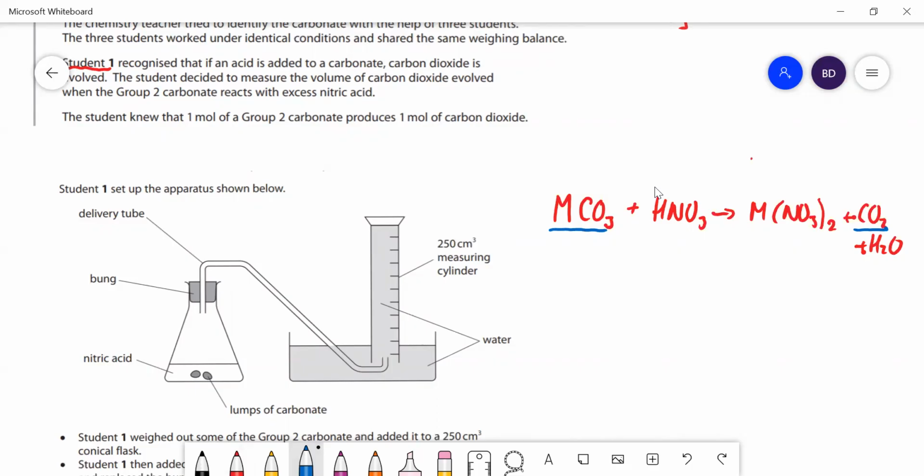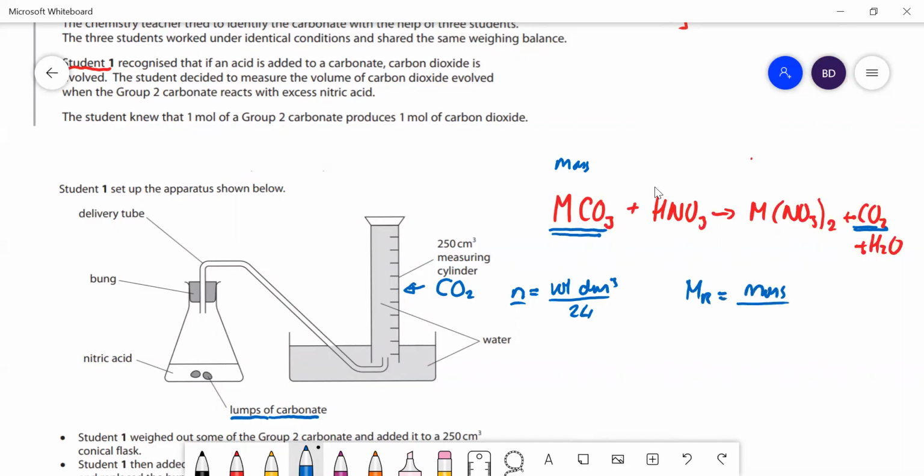So they're going to put in a known mass of carbonate and measure the volume of carbon dioxide produced. For a gas, 24 dm cubed is 1 mole, so the number of moles is the volume in dm cubed divided by 24. We find the moles of carbon dioxide, which gives us the moles of the carbonate. We also know the mass of the carbonate, so if we know the mass and the moles, we can work out the Mr. Mr is equal to